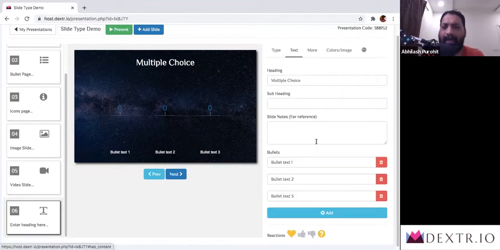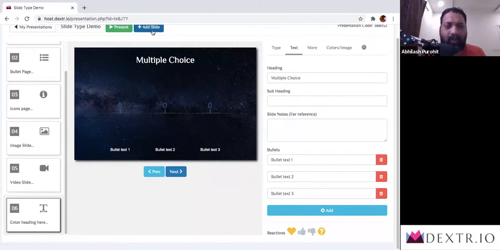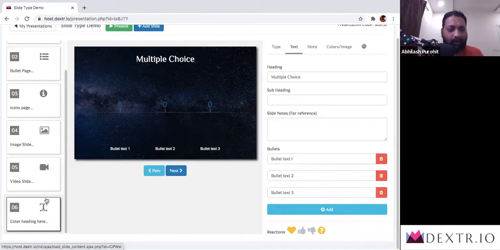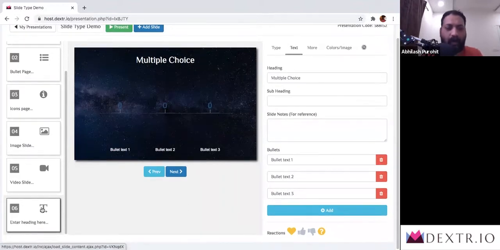Okay. I go back here, I see this, and you're now beginning to see how there is bullet text 1, 2, 3, and there seems to be the beginning of something. Once we demonstrate this entire application, you are going to see how voting and responses happen on this platform. I have an option where I can click add slide, right? However, I want you to pay attention to the bottom left corner of your screen right now, because I'm going to demonstrate one other feature that you can do from here.